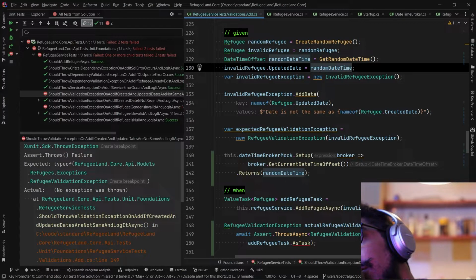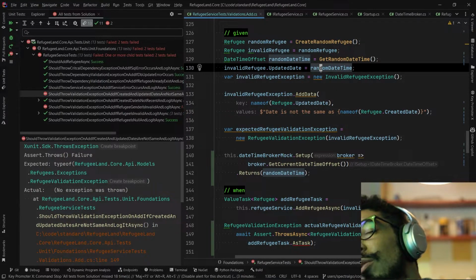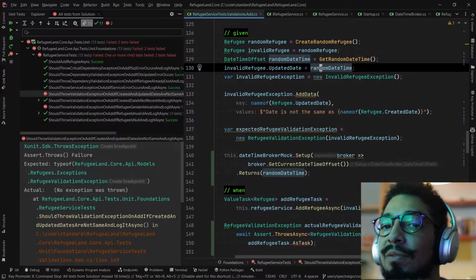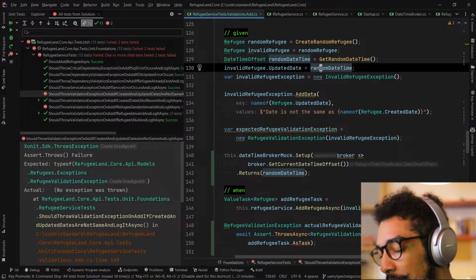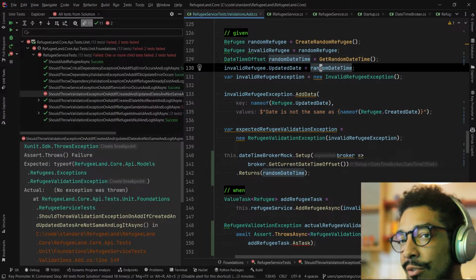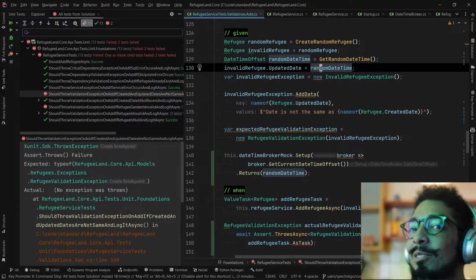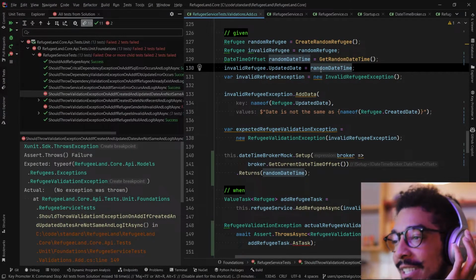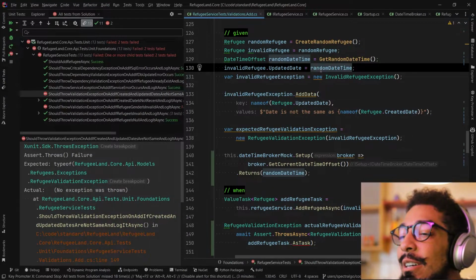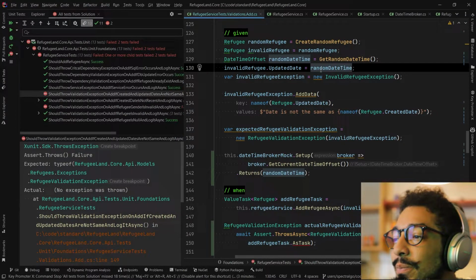And so not recent, okay, not recent is really just for the creation, and so between the moment when we are sending the refugee to the API and when it's evaluated, this is where we are going to check if there was a problem, like, I don't know, you open up your computer and something just was sent from yesterday, or something silly like this. I can't imagine how something like this would happen. But so that's not the problem. The problem is that